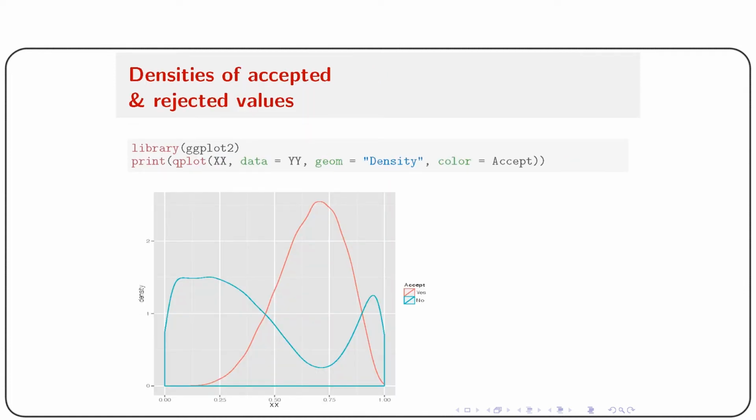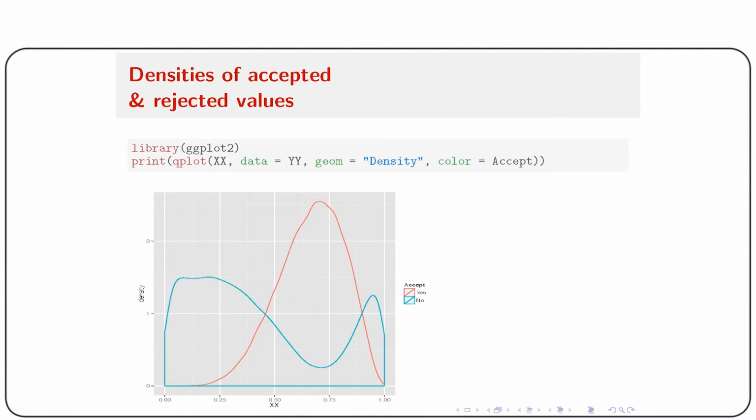So the density of the accepted and rejected values can be seen. To display this, I'll take the help of the library ggplot2, and in ggplot2 I'll use the function called qplot. So print qplot(xx, data = yy, geom = "density", color = accept), the variable that I assigned in the data frame. And that will give you the density of accepted and